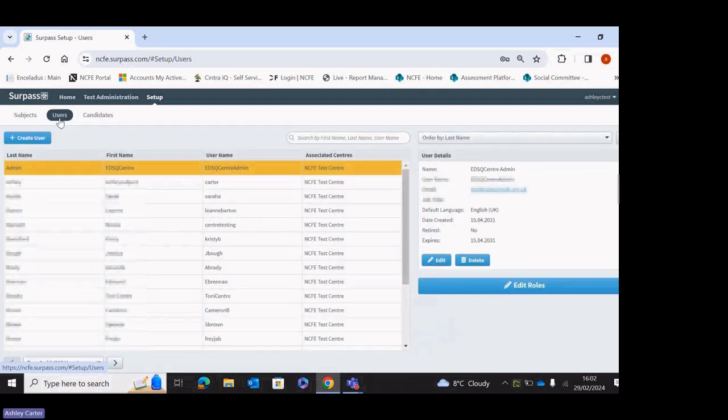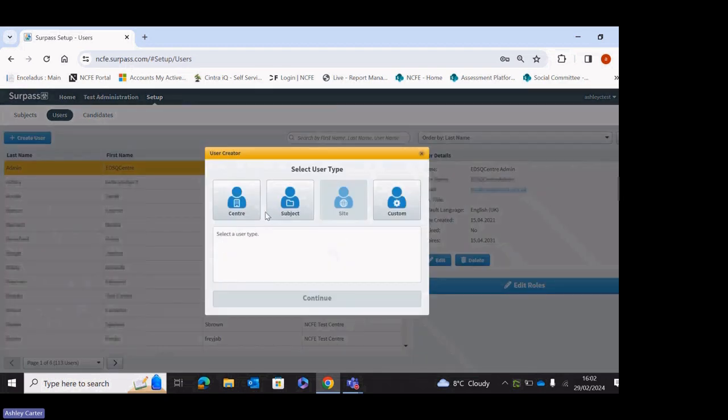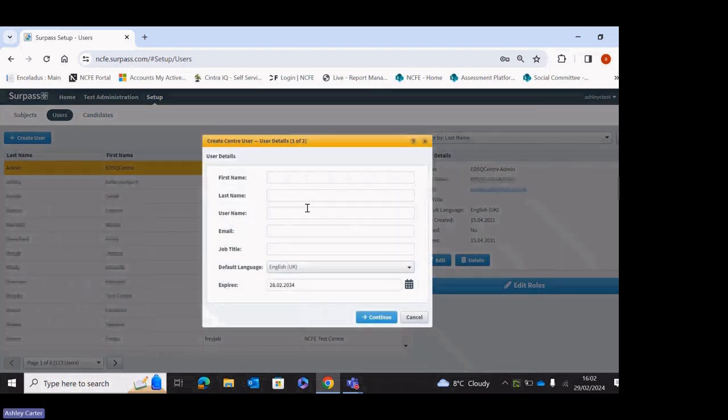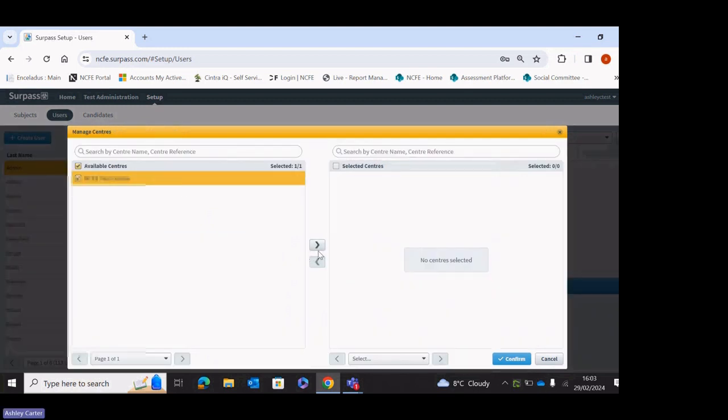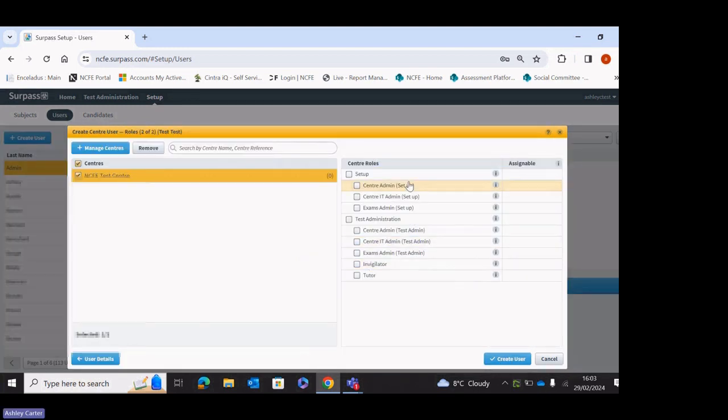The Users tab shows the different users that are set up within your centre. The main user that we set up initially will be able to add other users by clicking Create User, click Centre, Continue. It will fill in the details: first name, surname, username, email address, job title, click Continue. You would then click Manage Centres, select your centre, move it across, click Confirm, and then